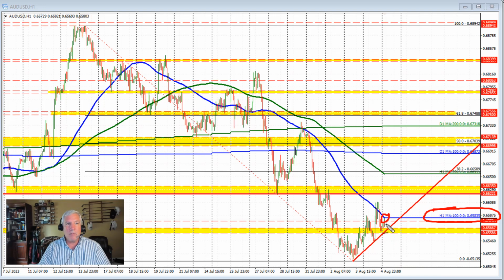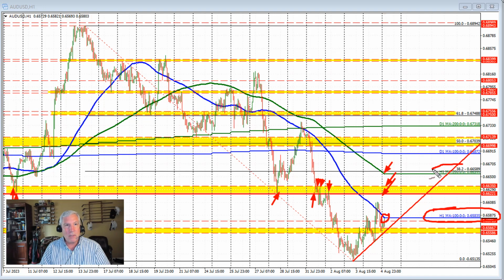If the price moves above and then gets above the high price that we saw on Friday, we could see a move toward the 0.6622 level. Also the 0.6635 level is in play. These levels correspond with different swing lows and highs that occurred in this area over the last few weeks of trading. So this area is going to be a key area, as is the 200 hour moving average and the